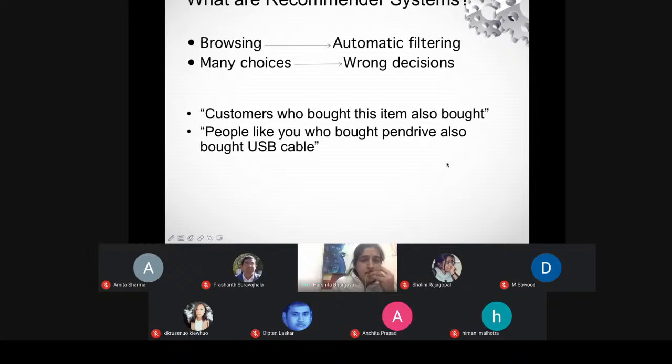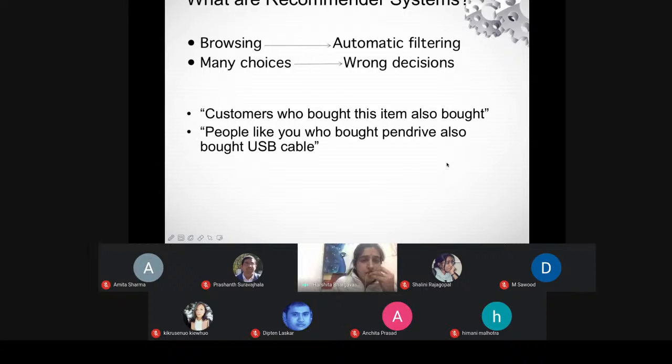But what happened was this automatic filtering feature was introduced, and obviously it came to the rescue. It provided you a set of search options, a set of relevant choices that were far, far lesser than the whole domain. Okay, so you have an enormous amount of information. From that, we have got a filtered output. That filtered output can be used for making decisions.